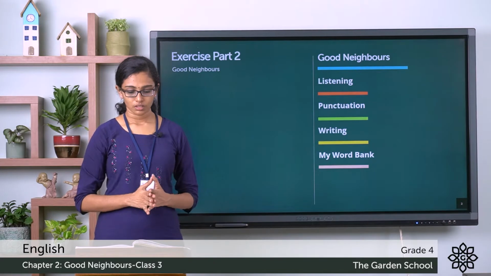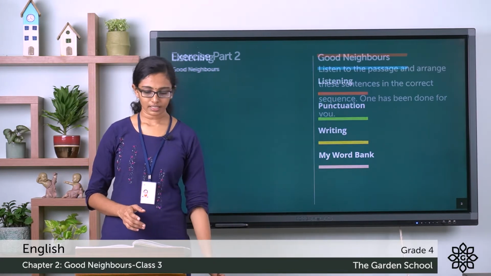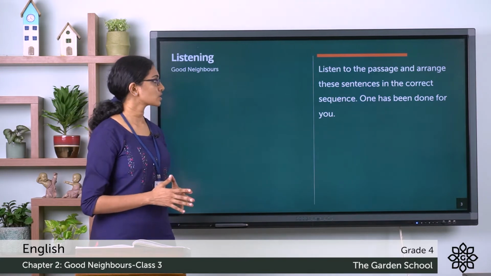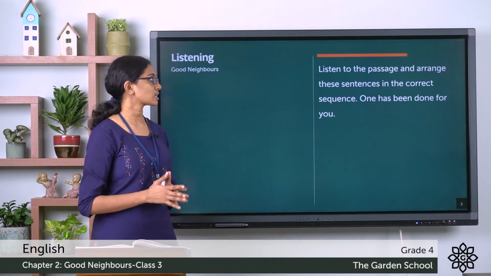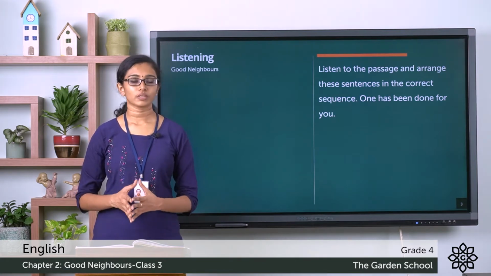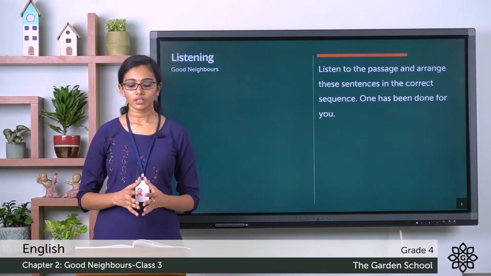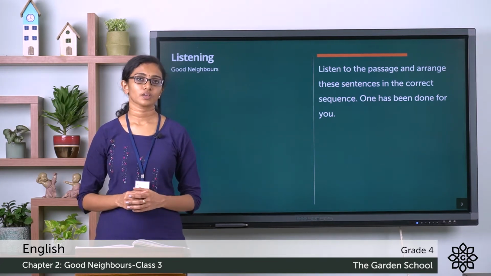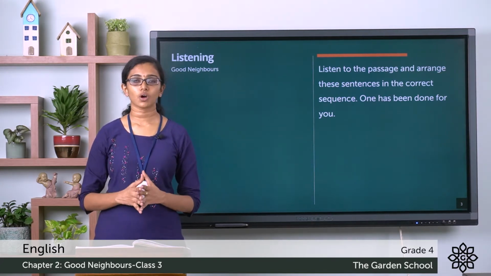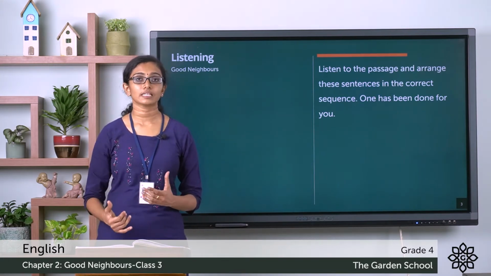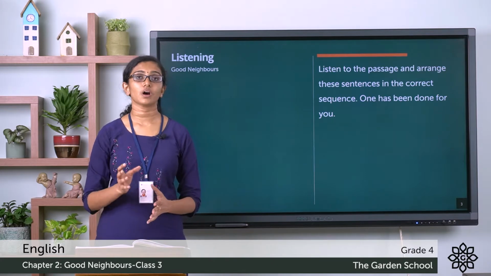Now, the listening exercise. Here, the question is to listen to the passage and arrange these sentences in the correct sequence. One has been done for you. You can see a few sentences are given here. Now, you have to listen to a passage which contains these sentences. Then, based on your listening, you have to sequence or order these sentences in the right order of their occurrence